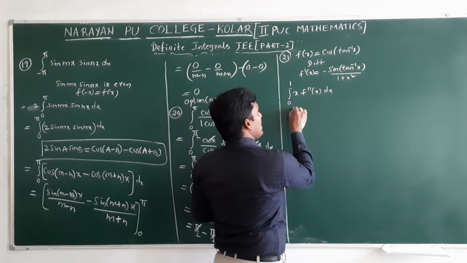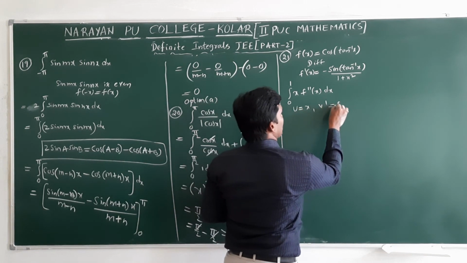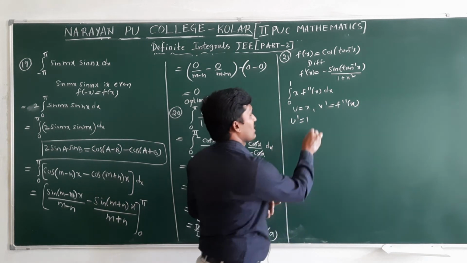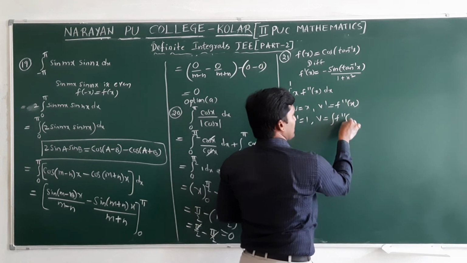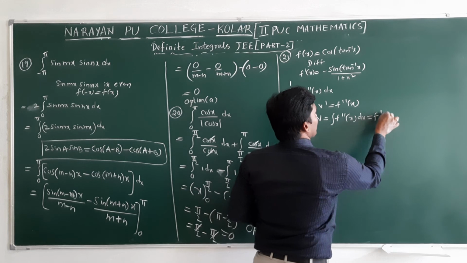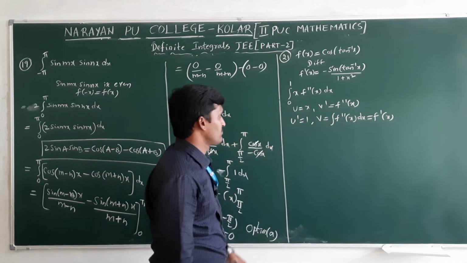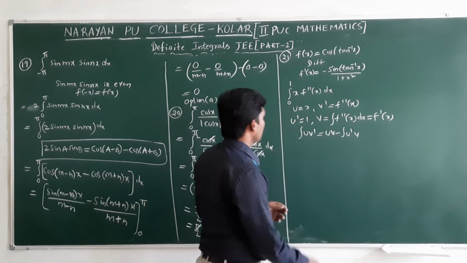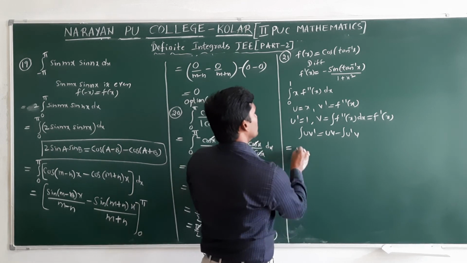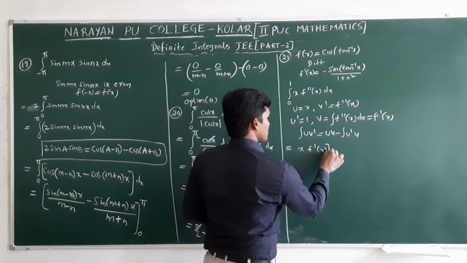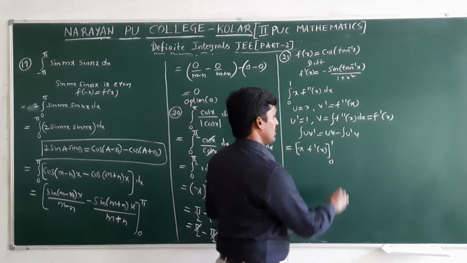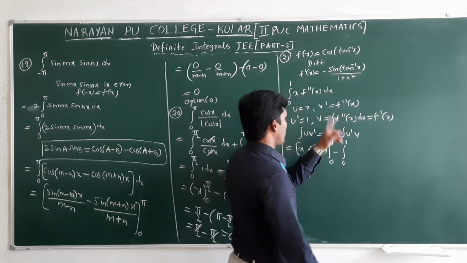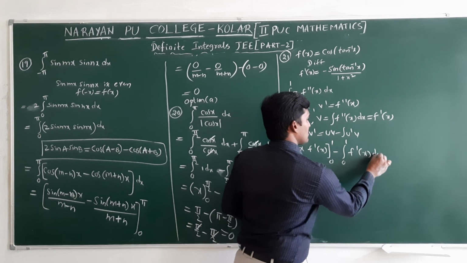I will apply the uv formula. Here u is x, v dash is f double dash of x. Now we need u dash. U dash means the derivative of x, which is 1. How to find v? We need to integrate v dash dx. The integral of f double dash of x is clearly f dash of x. We know the integral of u v dash formula is uv minus the integral of u dash v. The limits are the same. First, u x into v f dash of x, so we take the limits for this. Next, minus the integral from 0 to 1, u dash is 1, v is f dash of x. 1 into f dash of x is f dash of x into dx.